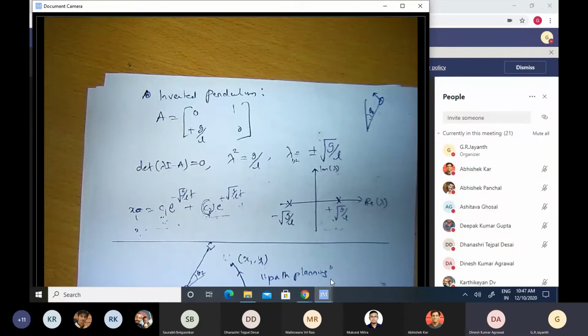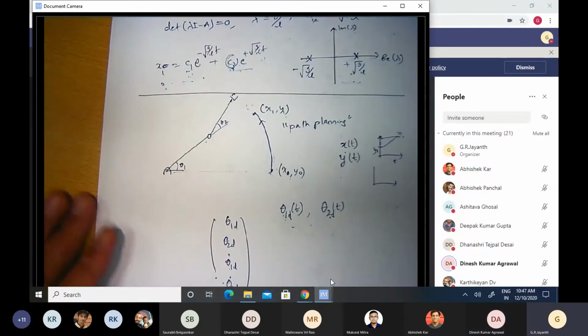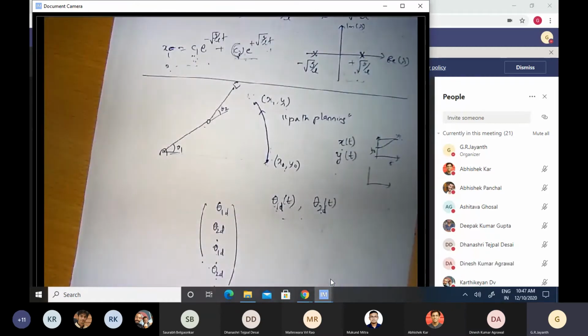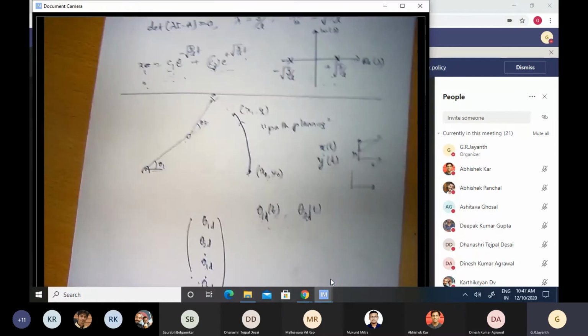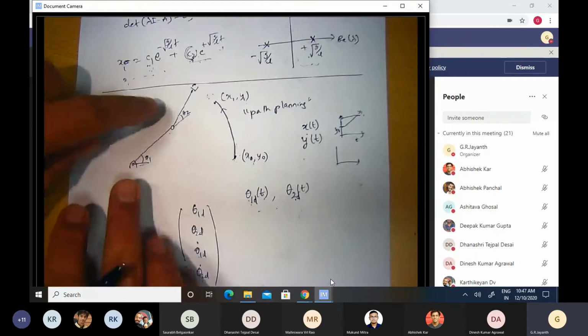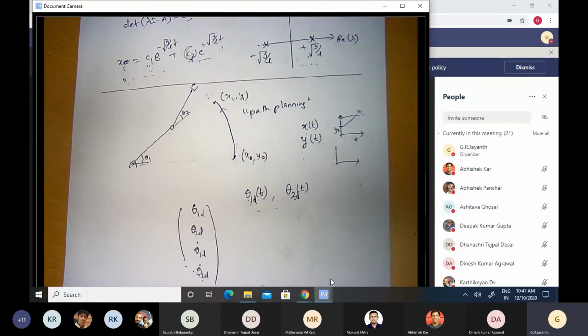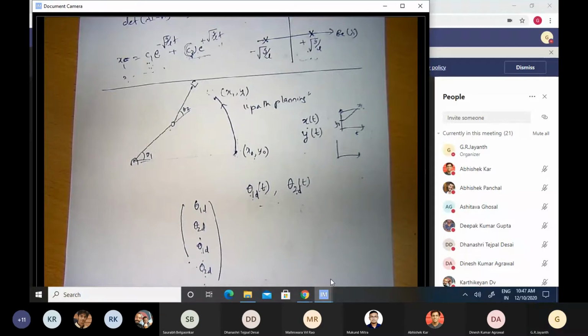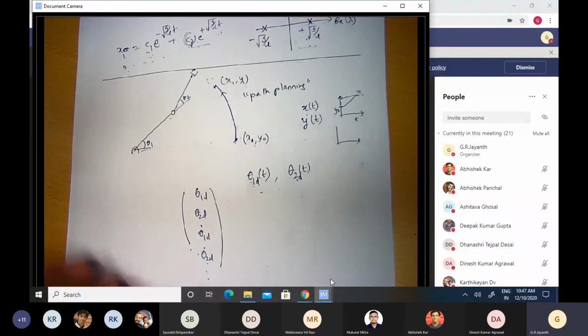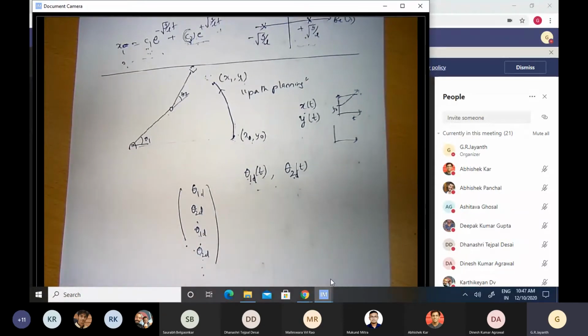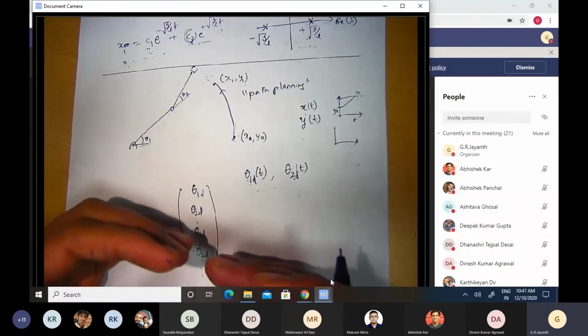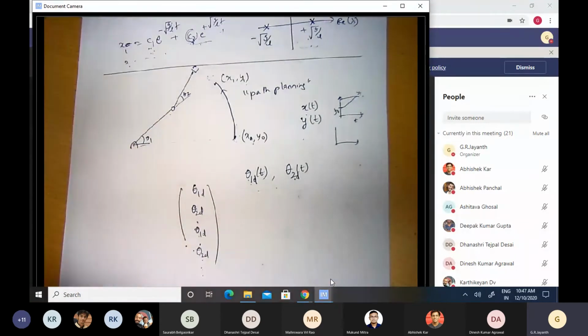So let us come back to the problem that we were discussing of controlling a 2R manipulator to go from point A to point B. And now let us understand how the stability or the instability of this 2R manipulator can throw a spanner in our works. I shall first do it at a slightly abstract level, and then take a concrete example of a pendulum, because a 2R manipulator is quite sophisticated.